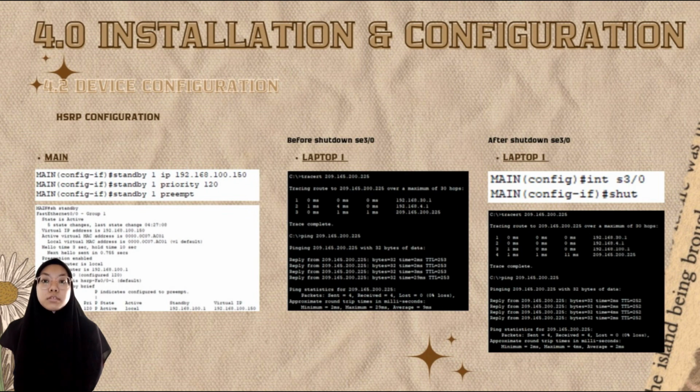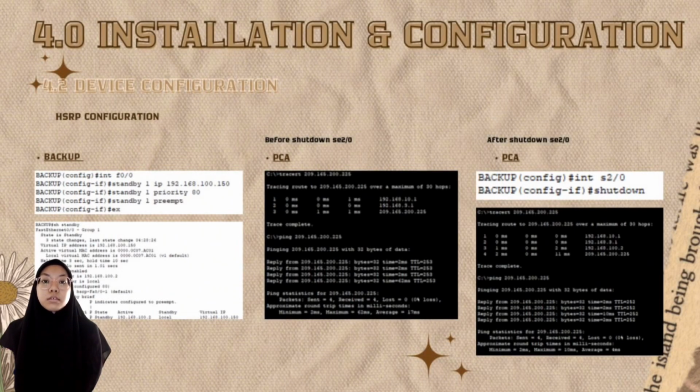After we shut down serial 30 at main, the path laptop 1 uses will be different from before the shutdown.